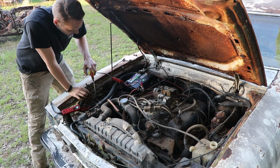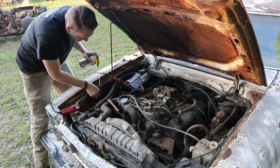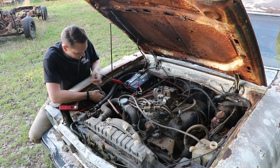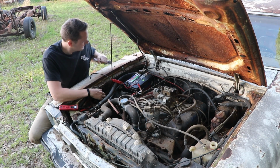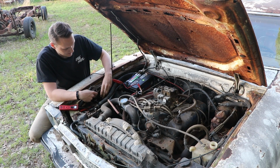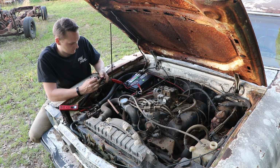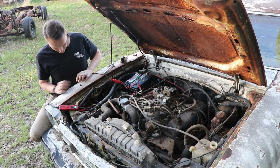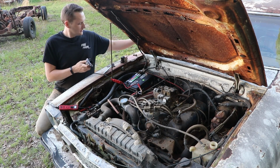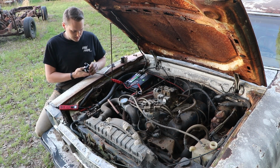Real quick, we'll spray all of our terminals and connectors and bolts with some PB Blast here to make sure we don't break everything. There's the old one removed. Something sounds like it's falling apart on the inside. So that's good. And to replace it is our new starter relay. Now